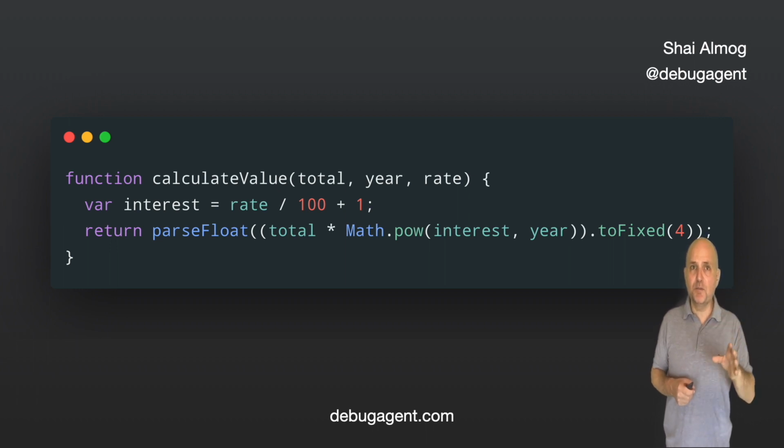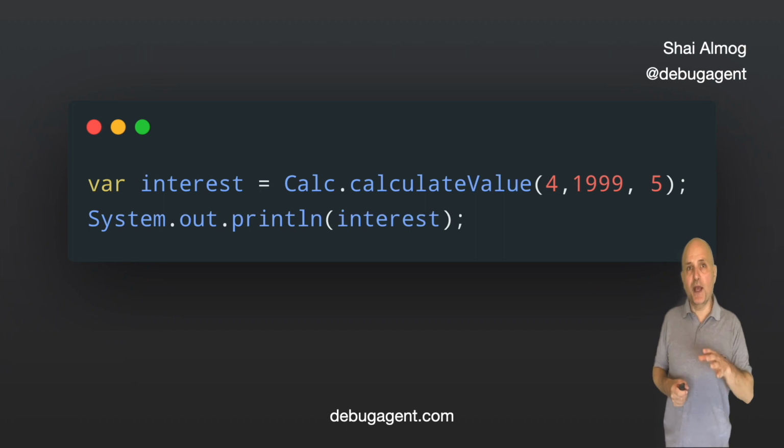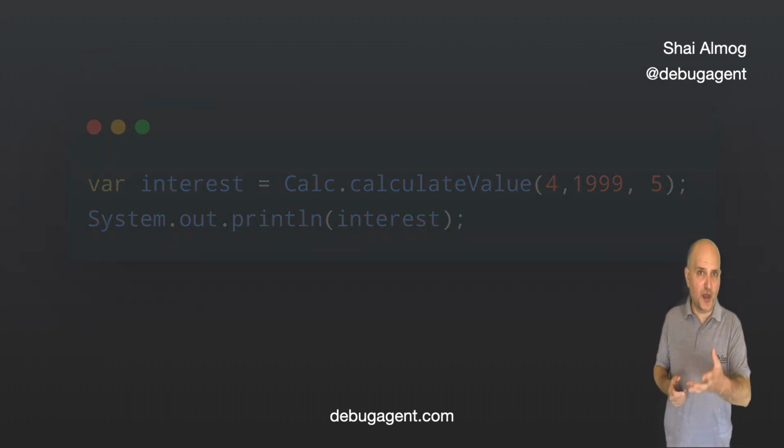This is a simple interest rate calculator I got from Stack Overflow. I placed it in the source directory next to the Java code. Thanks to Manifold, I can use it like this. Calc is the name of the JavaScript file. We can also use JavaScript classes like this pretty seamlessly. Under the hood, this uses Rhino to run JavaScript, so it isn't cross-compiled to Java or something like that.